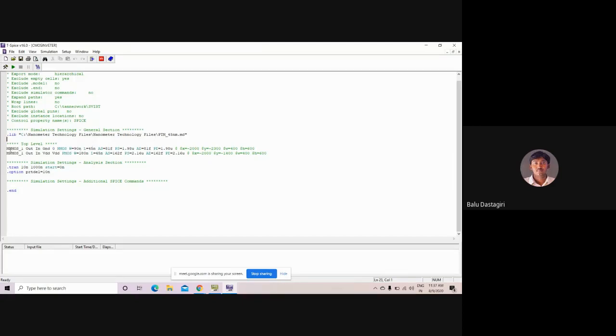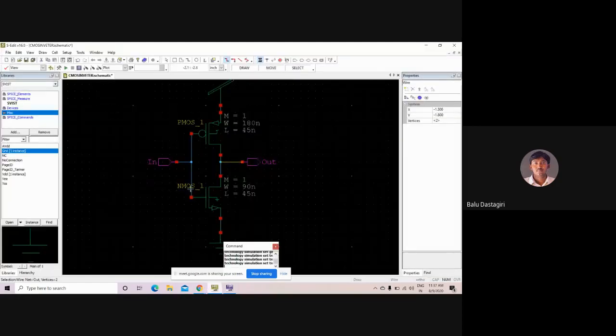And whatever circuit we have constructed, this CMOS circuit, is written in terms of SPICE code here. So let us analyze it roughly. It is an NMOS transistor. The name of the NMOS transistor is NMOS1. In your circuit here, what is the name of the transistor?